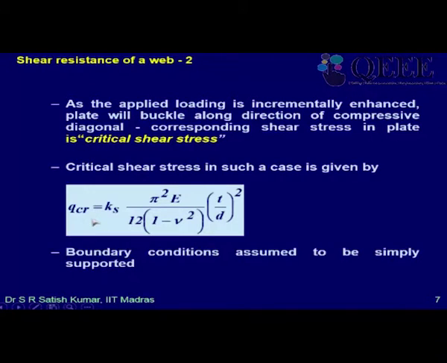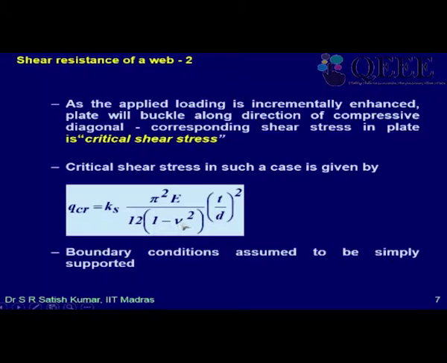In column buckling, the stress is given by pi squared E by (L by r) bracket squared, right? So it is inversely proportional to the square of the slenderness ratio. In plate buckling, you get a similar equation where there is a constant K. This is similar to the KL, where you use an equivalent slenderness ratio, for end conditions, Ks. The S indicates that it is called the shear buckling coefficient. So it is Ks times pi squared E, which is similar to what you have in column buckling,